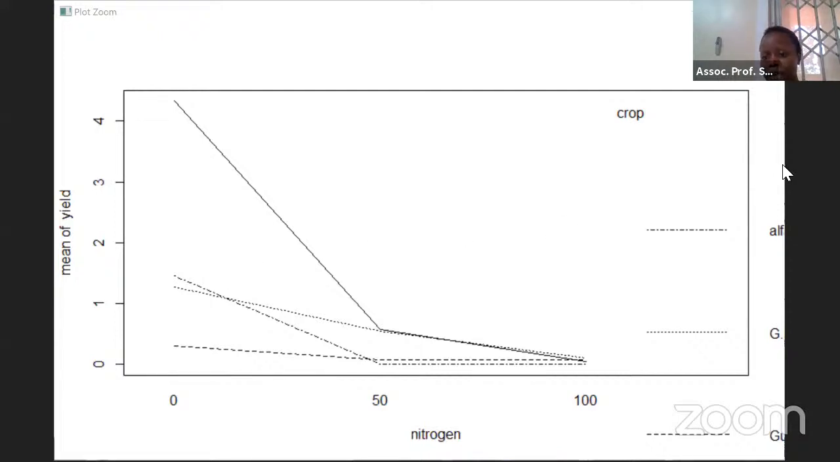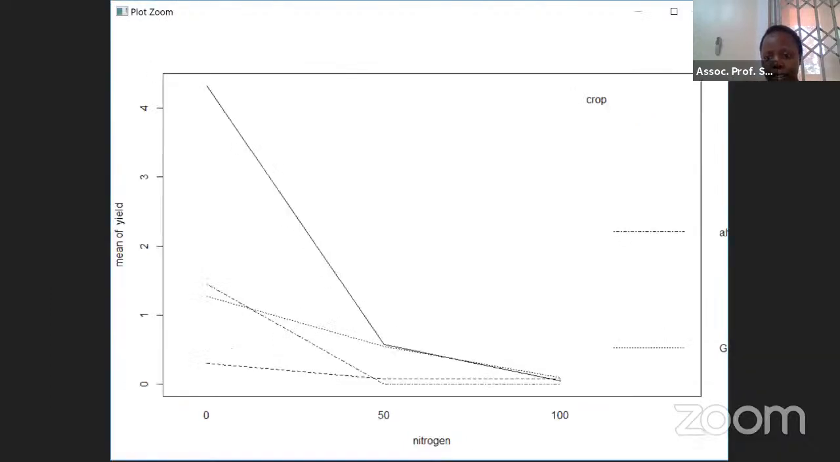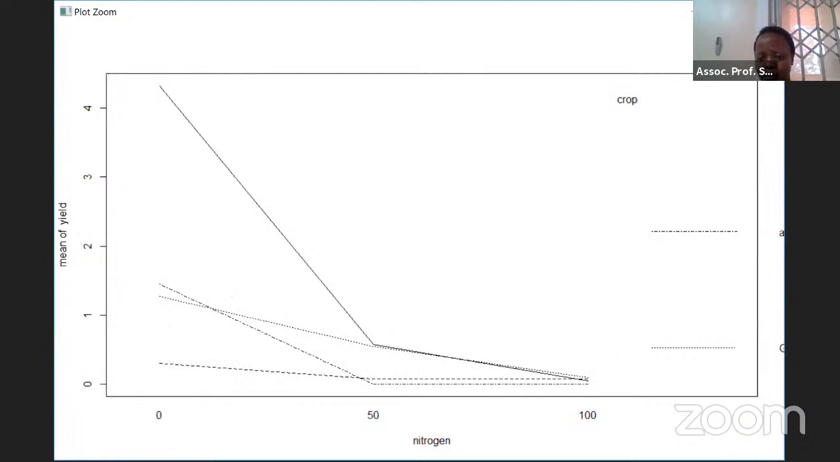And let me also do this so that you can see. It is not giving me the types of crops, but below here you can see the different types of crops. This is the interaction plot. If there was no interaction, we should see parallel lines. But our lines are not parallel, meaning there is interaction, meaning that at zero level of nitrogen, when you move